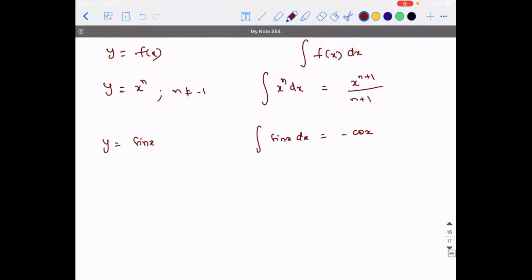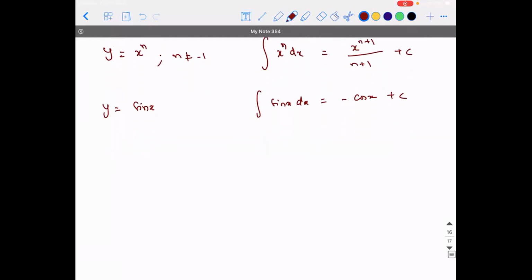Okay, see, I'll write one thing now, don't get confused. I wrote indefinite integral here because I didn't add limits. So whenever you're doing an indefinite integral, you need to add some constant. Why it is so, you'll learn it later, don't worry about it. Don't ask me why you're adding that constant at all. It's a simple thing, but I don't want to tell it now. It will unnecessarily confuse you. Okay, so y is equal to cos x, then the integral of cos x dx will be,